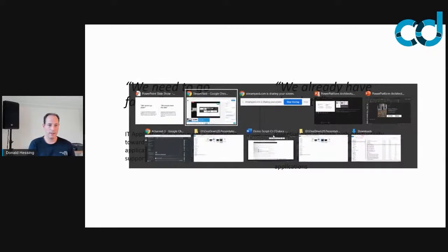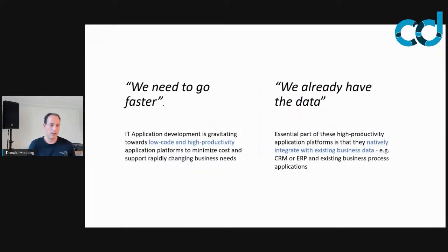Gartner predicted that in 2024, about 65% of the total applications will be developed in low-code types of solutions. I think Satya Nadella talked on top of that this year, that he expects that about 50 million applications will be built over the next 4 years. So that's more than all the applications that we have built over the last decade or so.